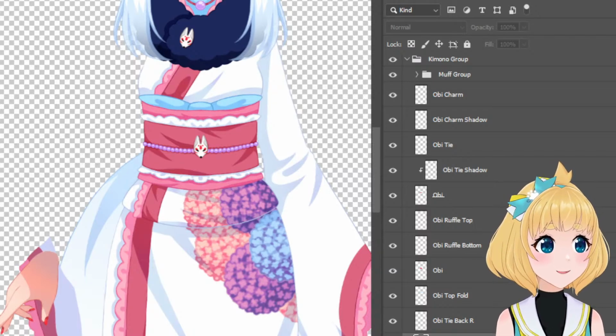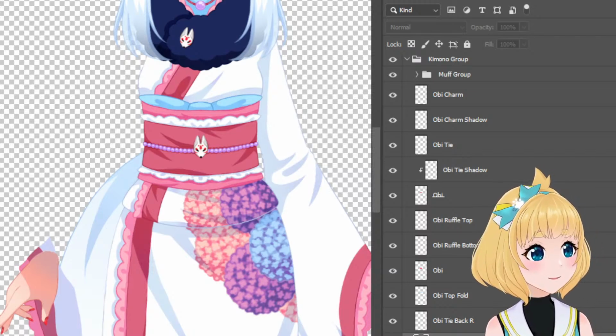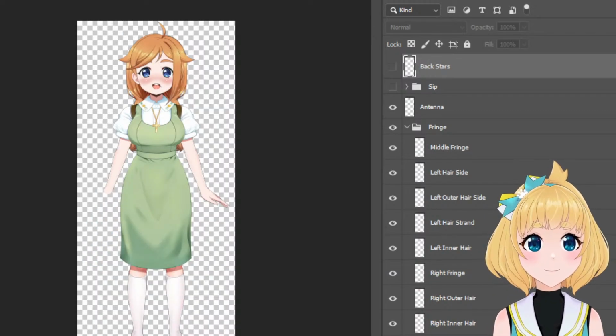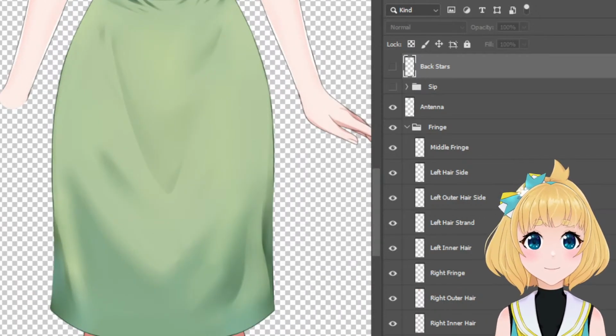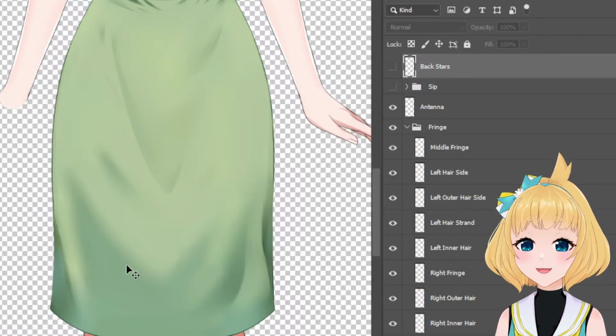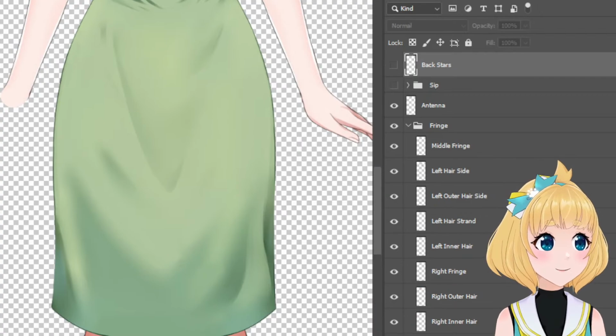I'm just gonna show one small thing from this because it's an extremely good learning experience. Finished projects. This one. Okay, just gonna show you this part. Okay, so this is her skirt, and when I got it, it looked just like this. It was one layer, and by the way, Shu did a fantastic job